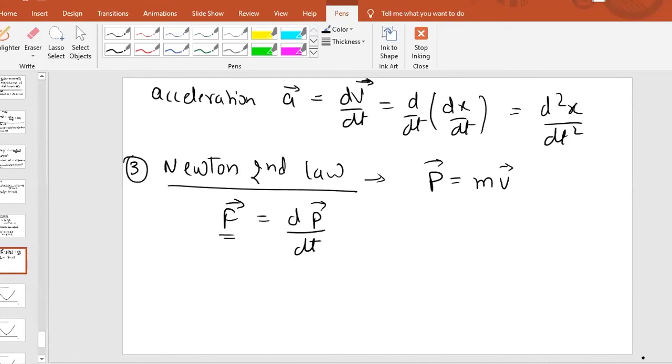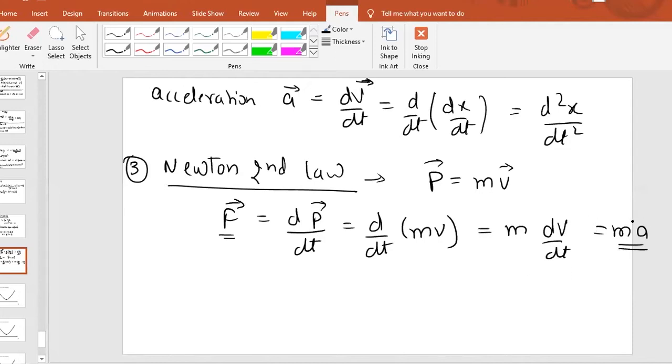Now somebody was asking me what this arrow means. Basically, force is equal to mass into acceleration, the second law. But how can we find this? Momentum is p, so force is dp by dt. We can write here d by dt of mass into velocity. Mass is constant. Mass of any body can be taken as constant. So we can write m dv by dt. dv by dt is the acceleration. So the answer would be m into a. That is what you have studied in lower classes, that force is equal to mass into acceleration. But actually it comes from this expression, that force is equal to rate of change of momentum.